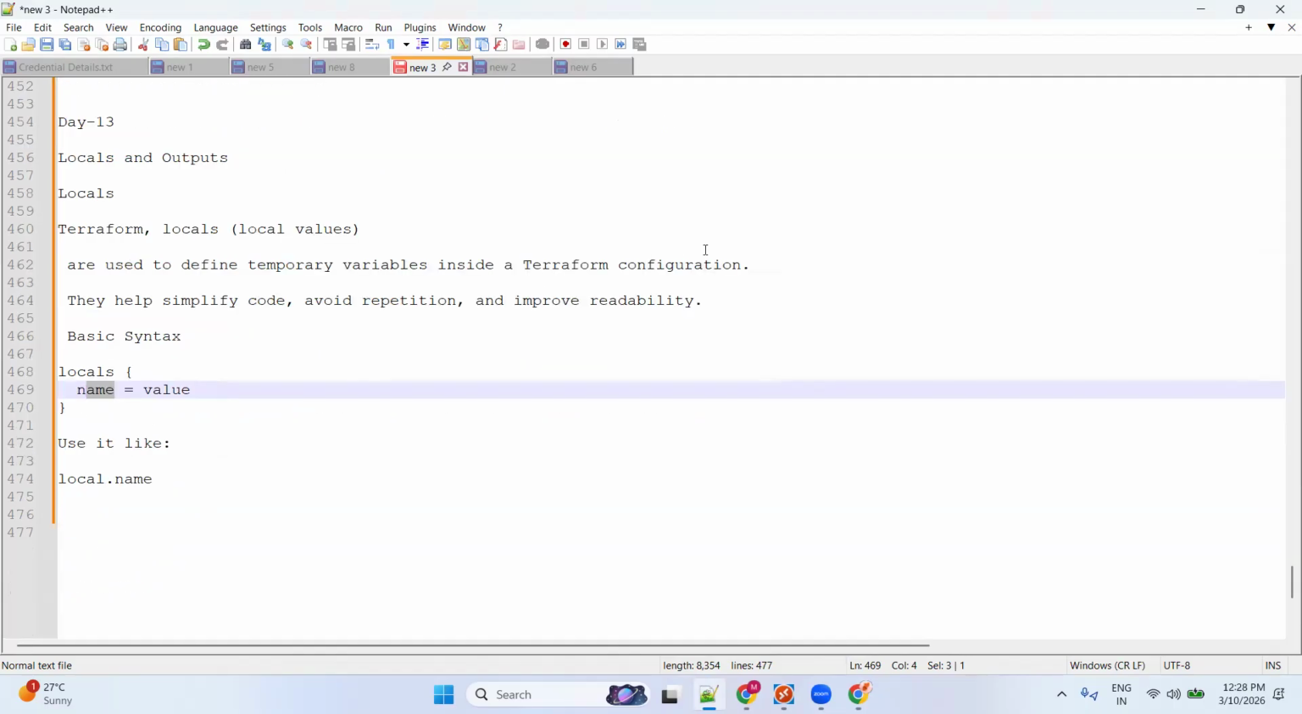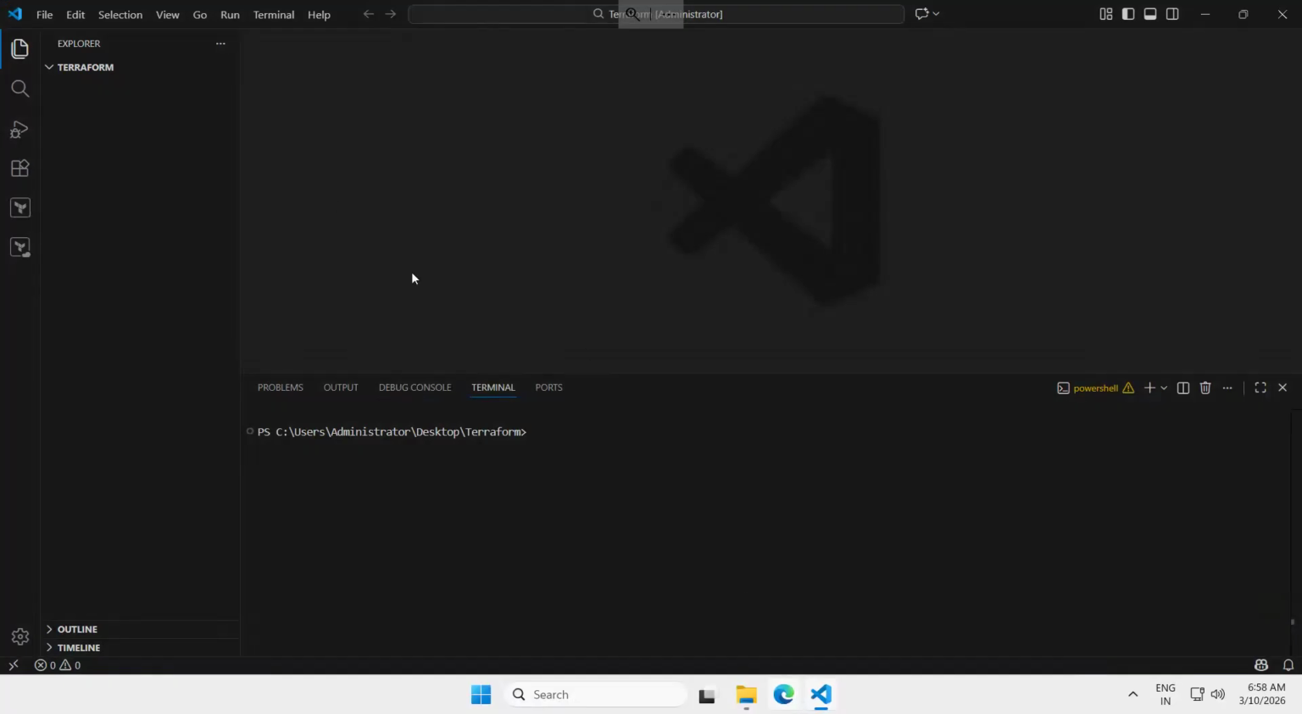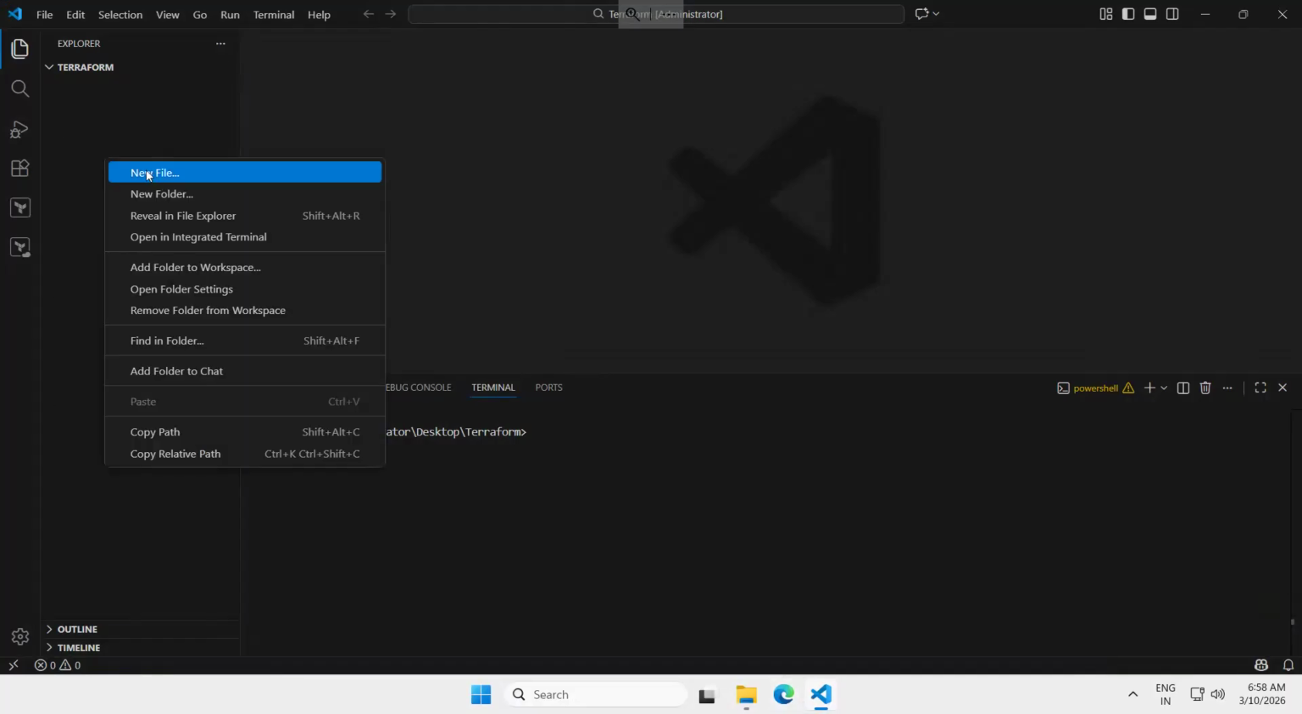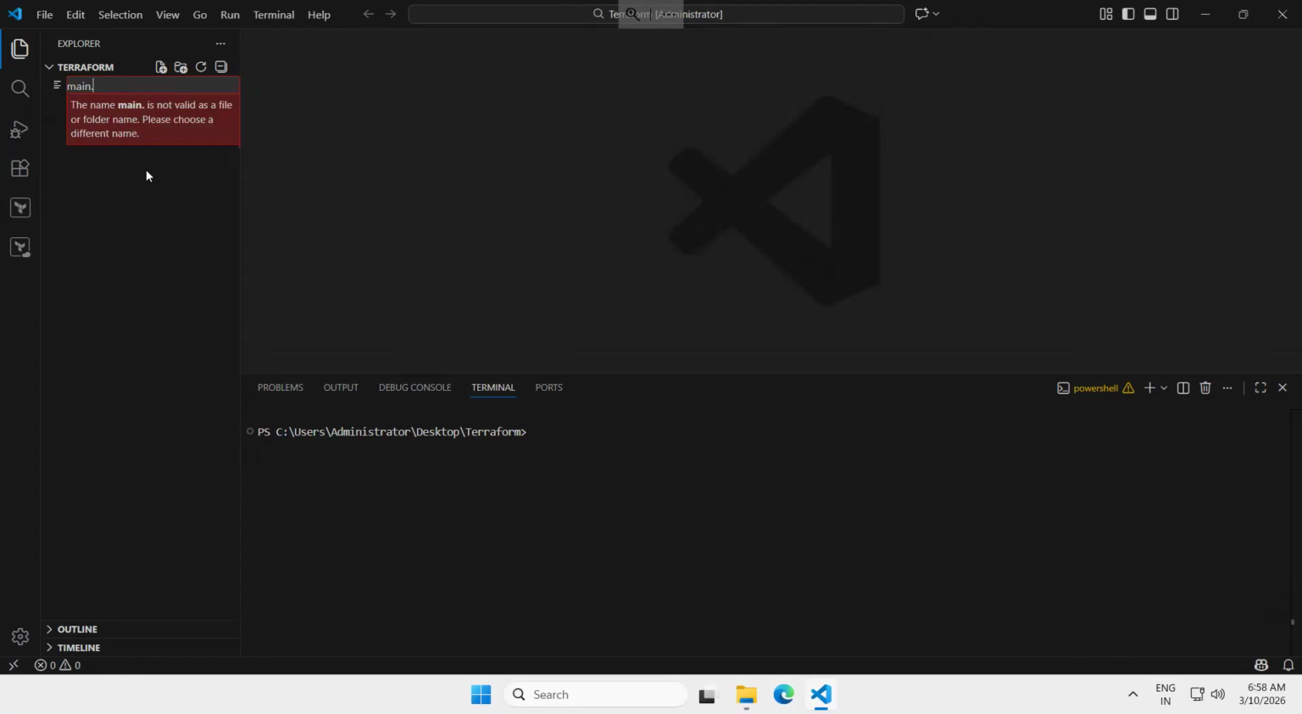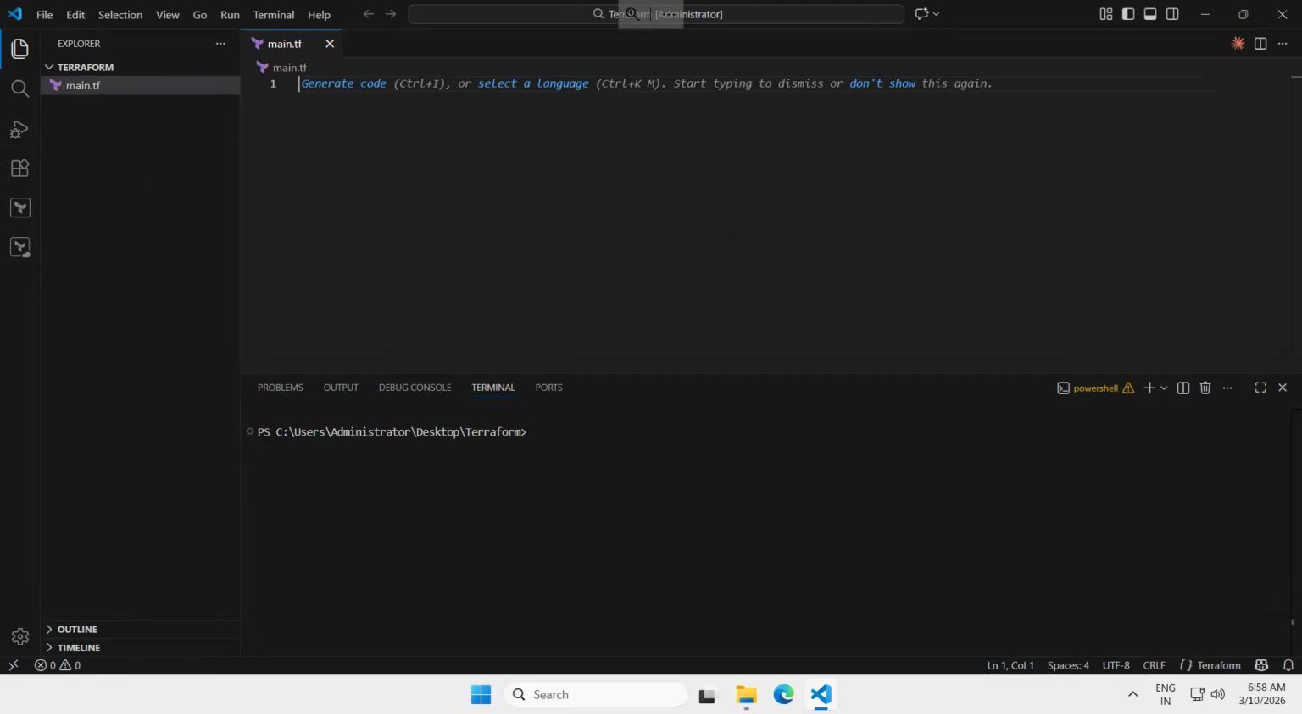So now let's jump into the session here. On the server, let's create a file called main.tf. This is a simple example. You can write locals, environment equals dev. So this is a simple example